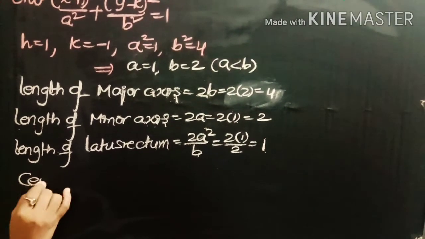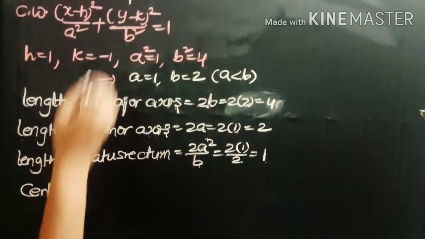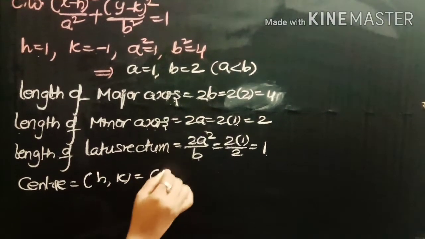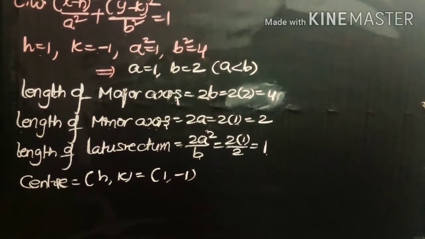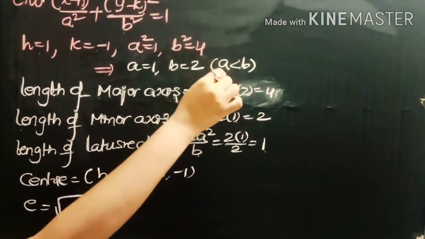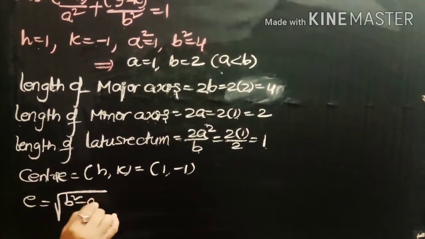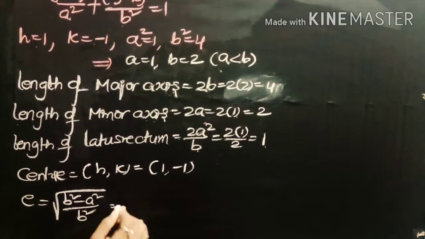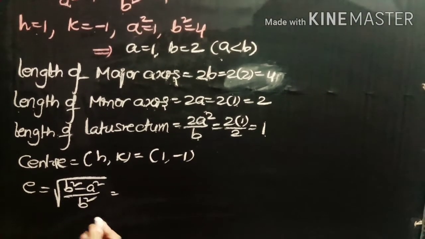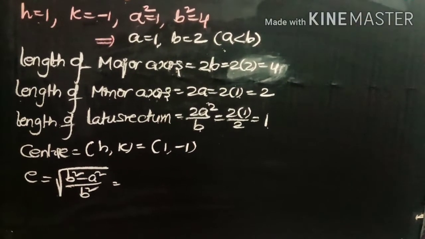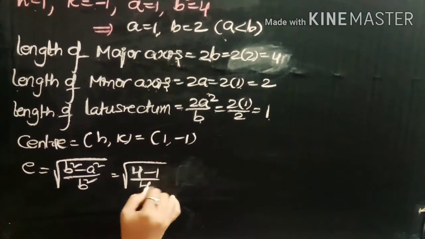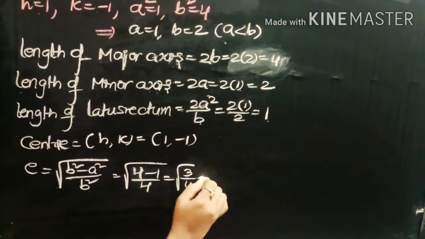And center: for this equation we take the center as h comma k, and here we have the values h comma k as 1 comma minus 1, that is, center is equal to 1 comma minus 1. And eccentricity, for the second case, we take the formula square root of b square minus a square by b square. In the first case we write square root of a square minus b square by a square, but this is the second case, so we take square root of b square minus a square by b square, that is 4 minus 1 by 4 equals to root 3 by 4,